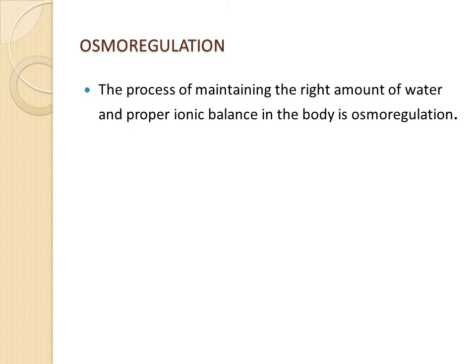osmoregulation. What does this word osmo mean? This word osmo is related to osmosis. Sometimes we have seen that osmosis occurs in the cells. By this process we are regulating the ionic balance of the body. So the right amount of water and the proper ionic balance in the body is maintained, and this is also